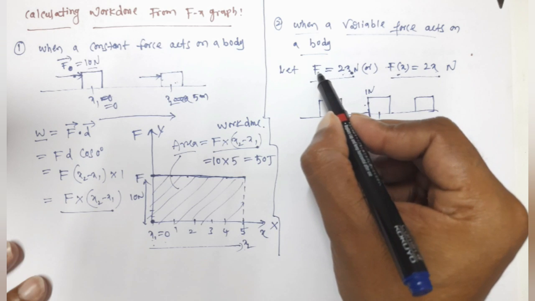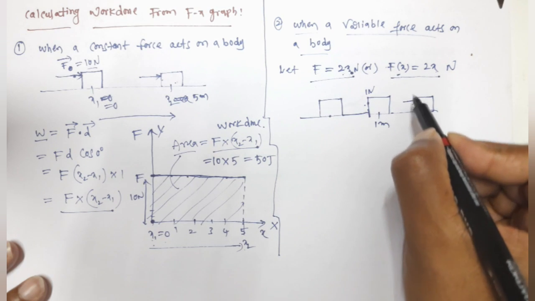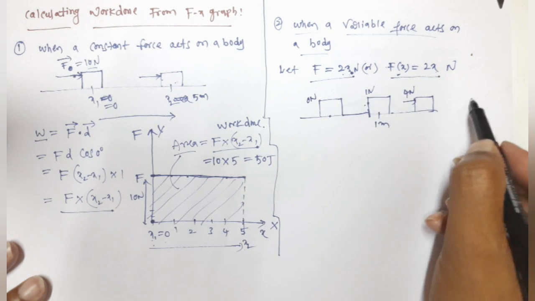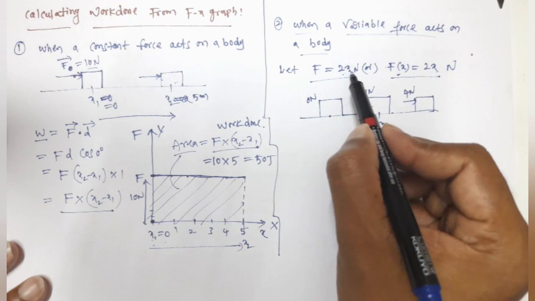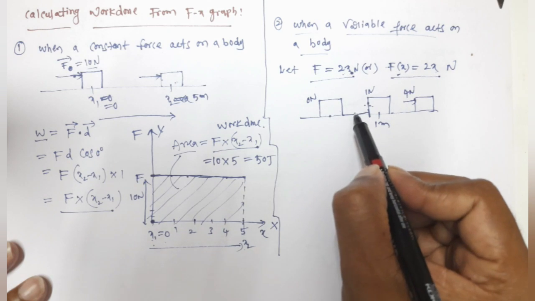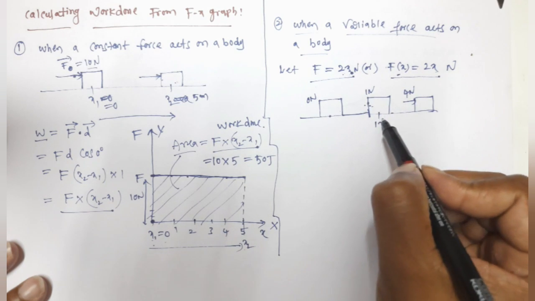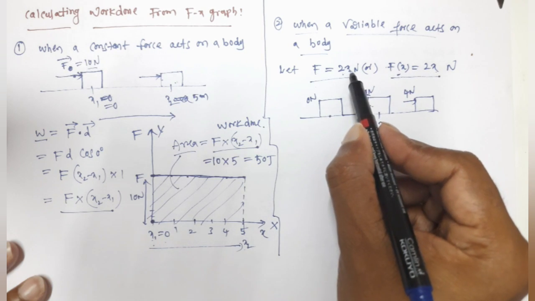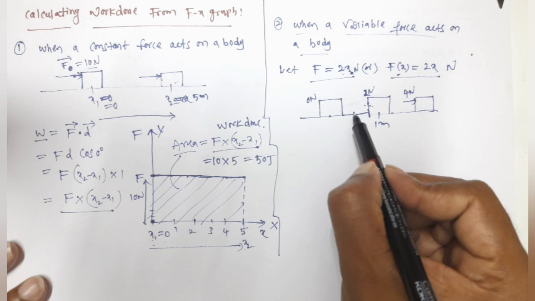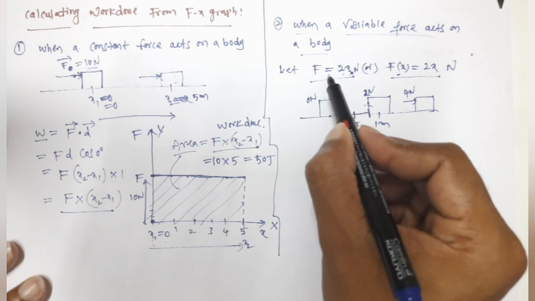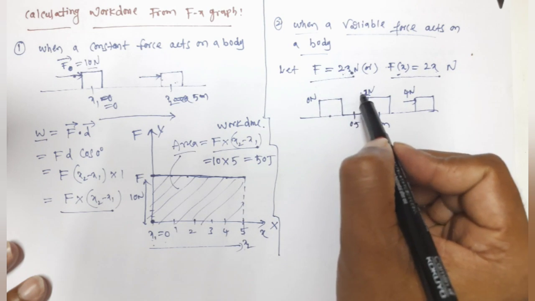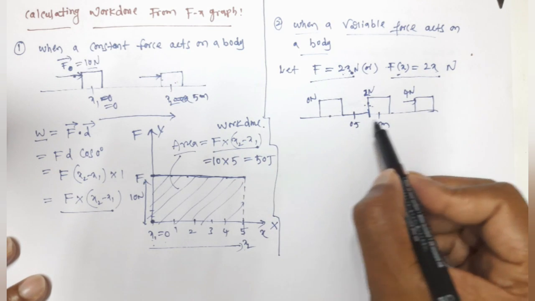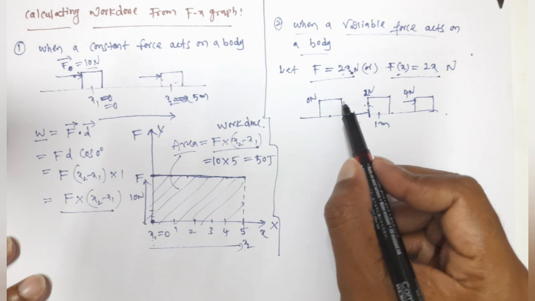2 2s are 4. So at this position, we are applying 4 newtons and so on. So 0 newtons, here 1 newton, 4 newtons and so on. In between these two values, if we substitute x equal to 1 meter, 1 into 2, this is 2 newtons. If we substitute x equal to 0.5, 0.5 into 2, 1 newton. That means at x equal to 0.5 meters, the force acting on the body is 2 into 0.5, 1 newton and so on. So are we applying a constant force here? No. The force is increasing. As the displacement of the body is increasing, the force acting on the body is also increasing.